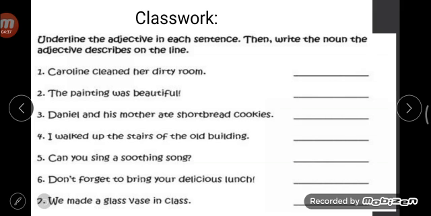Class, there is an activity for you. You can say the classwork. You are supposed to write 6 sentences in your notebook, and you will underline the adjectives in each sentence. Then write the noun the adjective describes on the line. Like